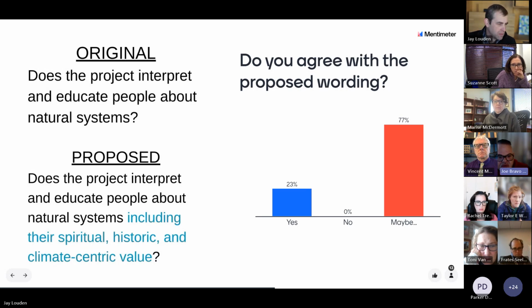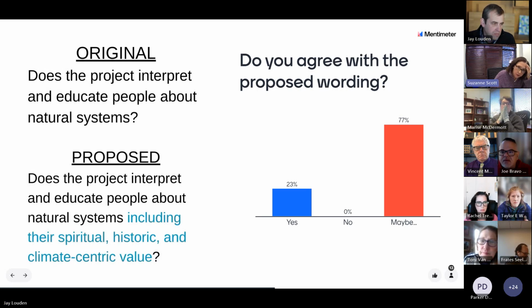Including there's, so, yeah, you're still restating in natural systems, including, right. So they, I don't know, that's what's caused me pause. Yeah, and I think that they were trying to get at the climate centric. I mean, I think they